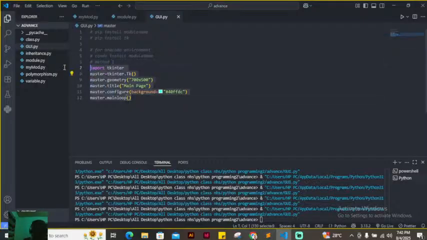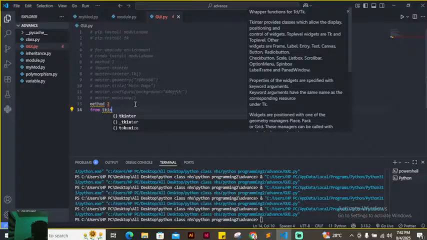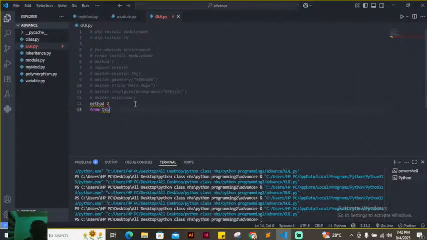So let's comment this one out. So let's look at method 2, because method 2 is mostly common in applications. For method 2, this is all you're going to see. You're going to use name alias from Tkinter. From Tkinter,